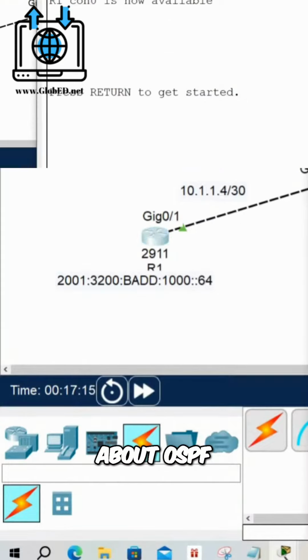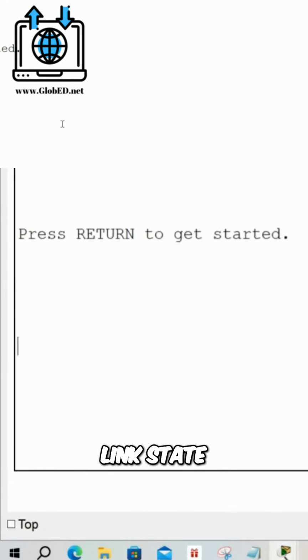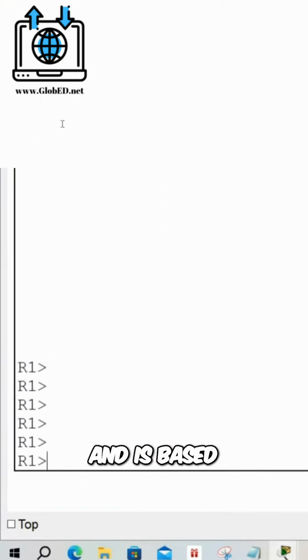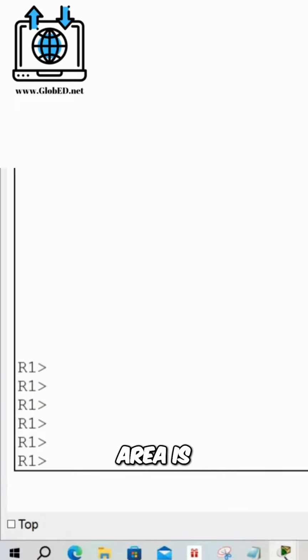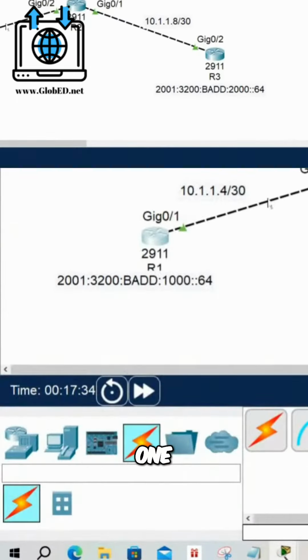So let's talk about OSPF. OSPF is a link state routing protocol, right? And it is based on areas. And the backbone area is area 0. If in this topology, I can say I put this area 1 and area 2,